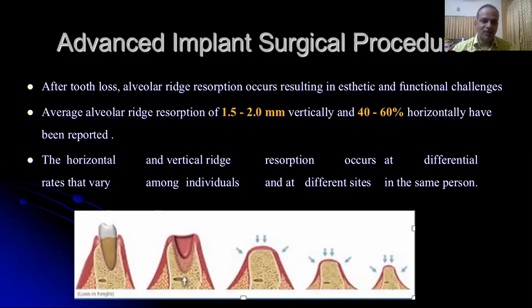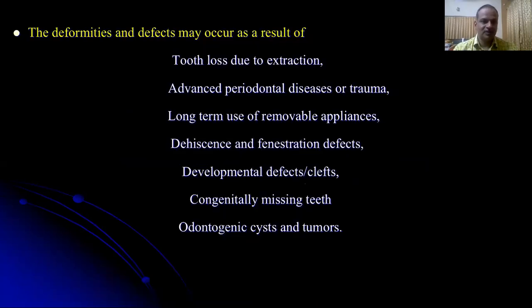Average alveolar bone resorption of about 1.5 to 2 millimeters vertically and about 40 to 60% horizontally has been reported in the literature, and this resorption varies among individuals and among different sites within the same person. The deformities and defects may occur as a result of tooth loss due to extraction, advanced periodontal disease or trauma, long-term use of removable appliances, dehiscence and fenestration defects, developmental defects or clefts, congenitally missing teeth, odontogenic cysts and